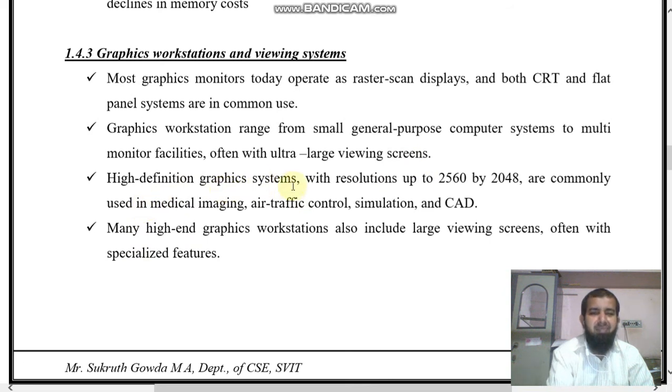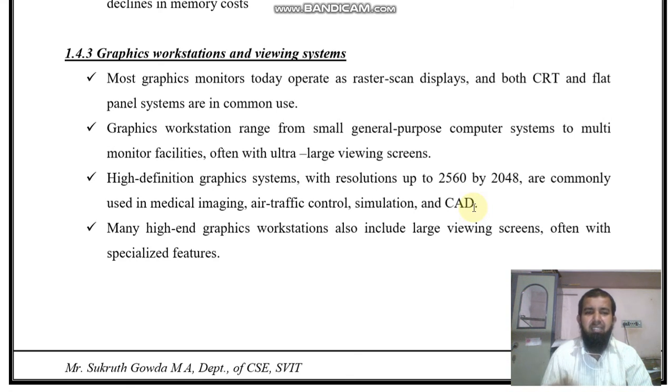High definition graphics systems with resolution up to 2560 by 2048 are commonly used in medical imaging, air traffic control, simulation and CAD. Nowadays we have HD quality pictures with high clarity, and their resolution is more, around 2560 by 2048.